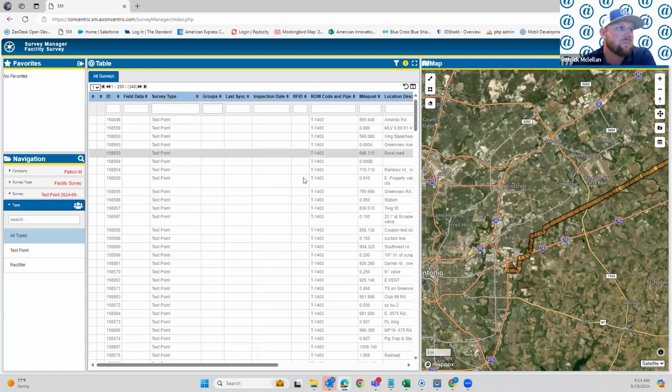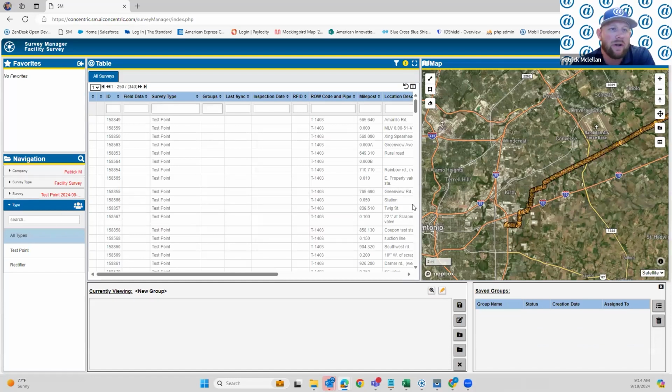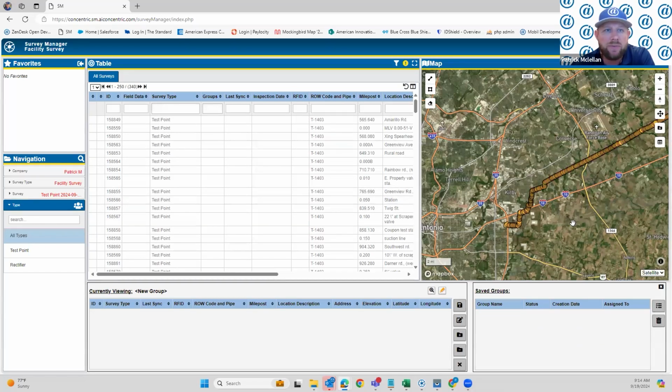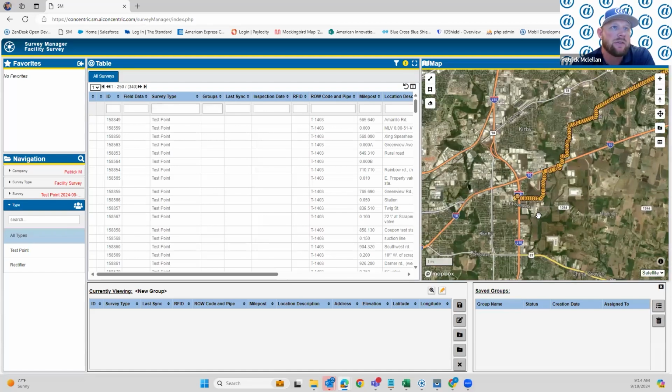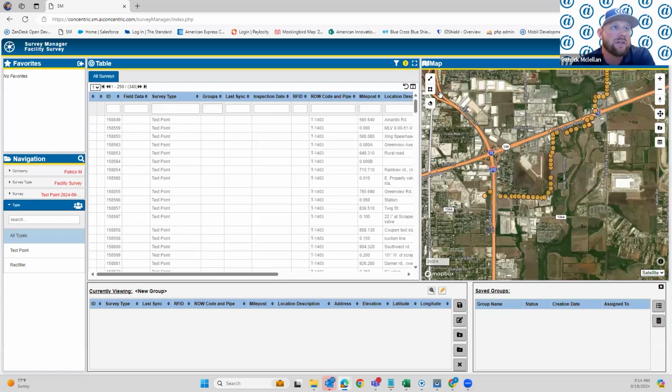When you're trying to figure out what you need to send to the field and what work you want to do, and maybe you want to send a custom route, you send everything up, but I know this week I'm only going to be in this specific area. A nice feature is that you can zoom in on the map, and there's a couple ways to do this. You can use this little polygon drawing tool, which is what I like to do, or you can hold your Alt button on your keyboard and do a highlight, and you can select the surveys to build a custom route. So if you want to say, I'm only going to be in this area,